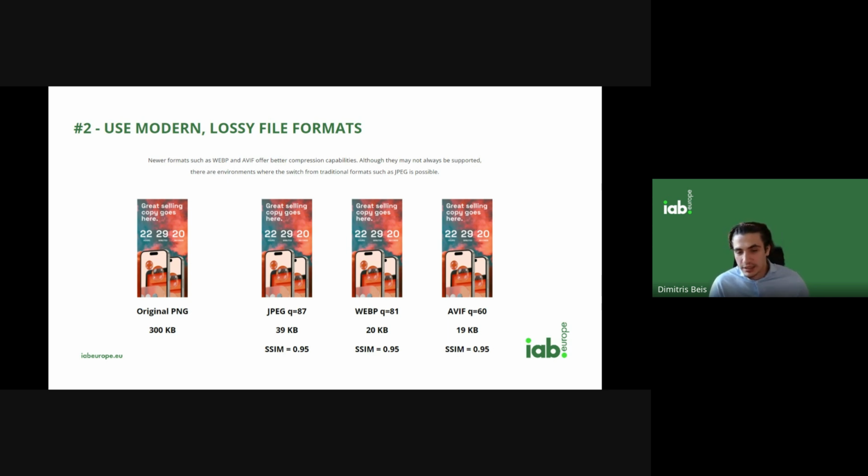In this particular case, I got this result from CreativeLi. From an original 300 kilobyte PNG, we can get down to a 19 kilobyte AVIF. AVIF maybe not the most commonly used format, but the WebP at 20 kilobytes is also great. Compare that to the Lean max of 200 kilobytes. That's 10% of the benchmark. That's actually pretty good, right? So I would suggest that we switch to these kind of formats wherever possible